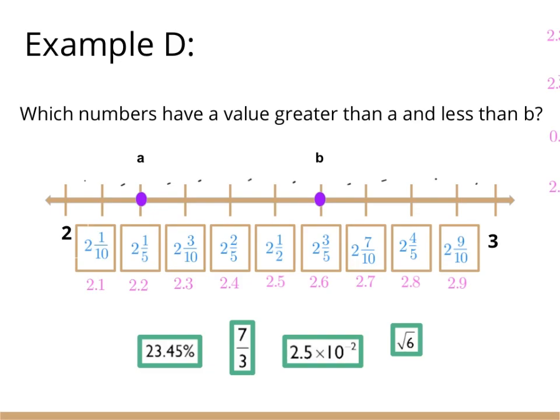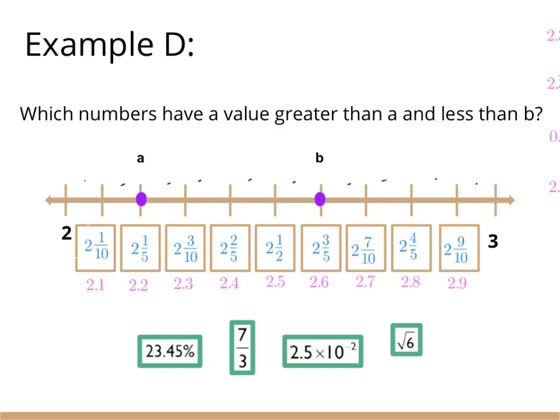So now I have to take a look at my numbers below, where I've got a percent, an improper fraction, a square root, and a scientific notation, and we're going to see which ones fall between A and B. So in this case, I've got A as a decimal is 2.2, and B as a decimal is 2.6, because again, we're going to translate everything into decimals, just easier to work with them that way. So I'm going to start with my